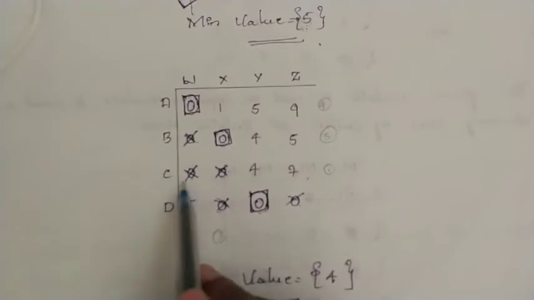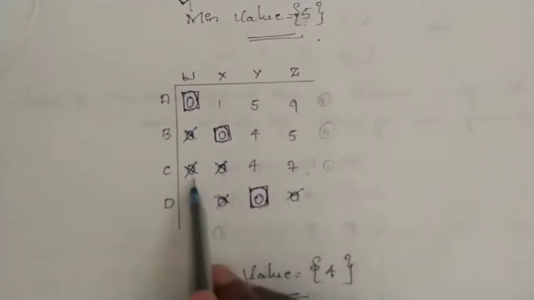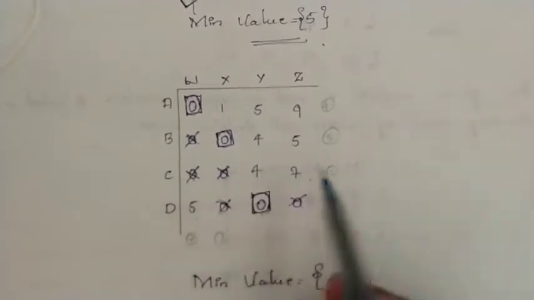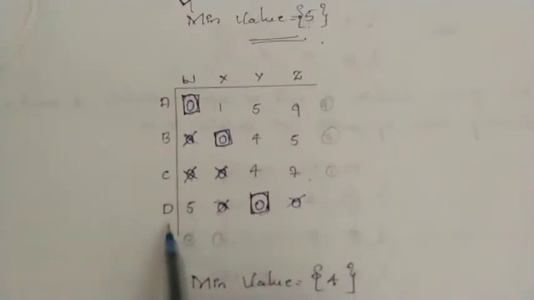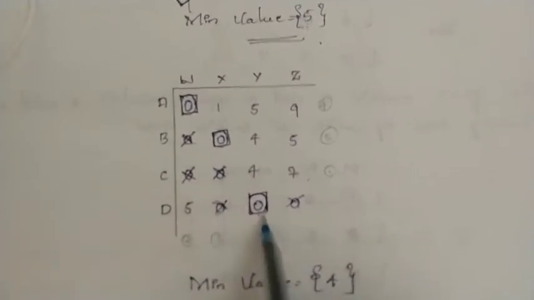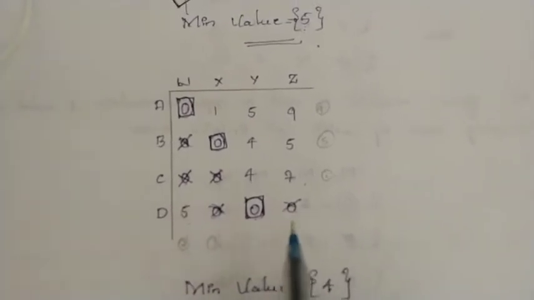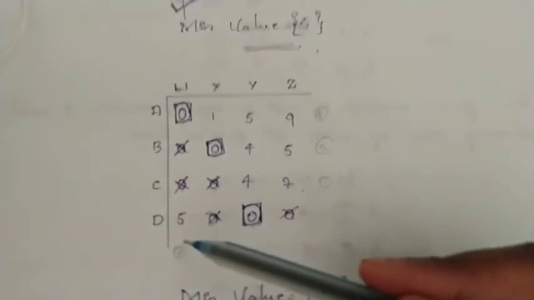Just move on to the third row. As 2 zeros are cancelled, there is no further 0. Come to the fourth row. In this, one is already cancelled, but there are 2 zeros. We give the first preference to the single 0. If there is none, just leave that particular row or column. Now all the rows are completed. Now go on moving with the columns.